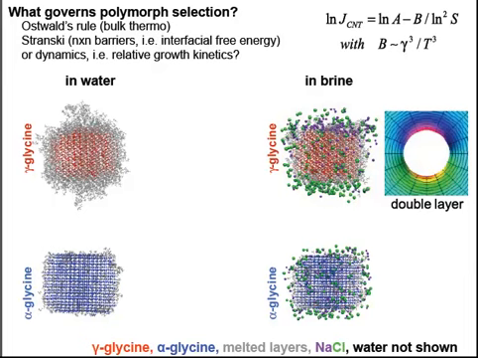So the salt effectively allows the crystal structure of the gamma glycine to remain uninterrupted all the way up to the interface with the surrounding brine, whereas in water, as it approached that interface that was charged, it started to become disordered. Okay, so the brine is effectively acting to, one, passivate those unscreened charges that were on the surface before, and it's also helping heal all these massive amounts of structural defects that you have around the surface in this melted layer region. Now you can imagine that what the brine is effectively doing then is lowering the interfacial